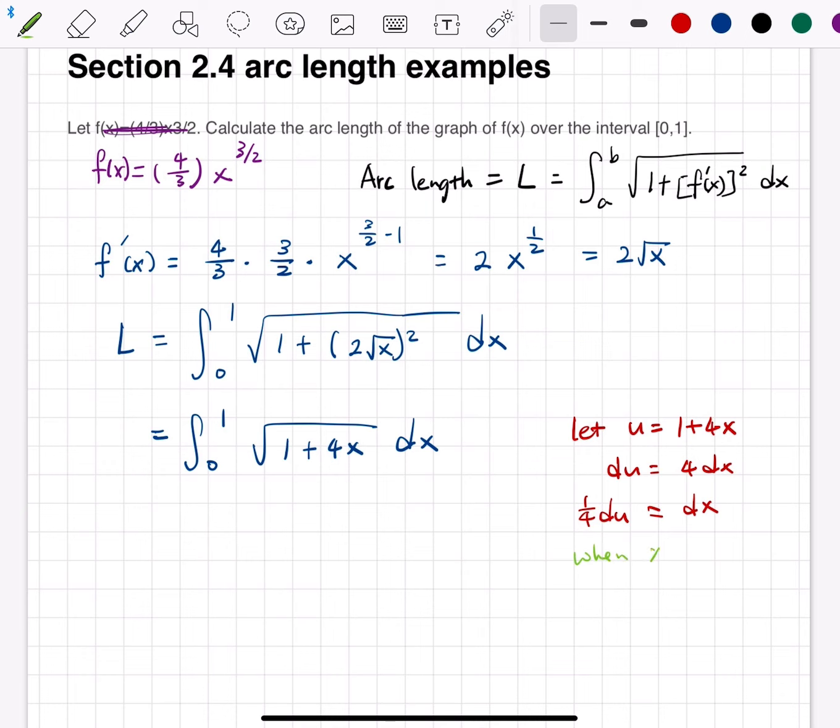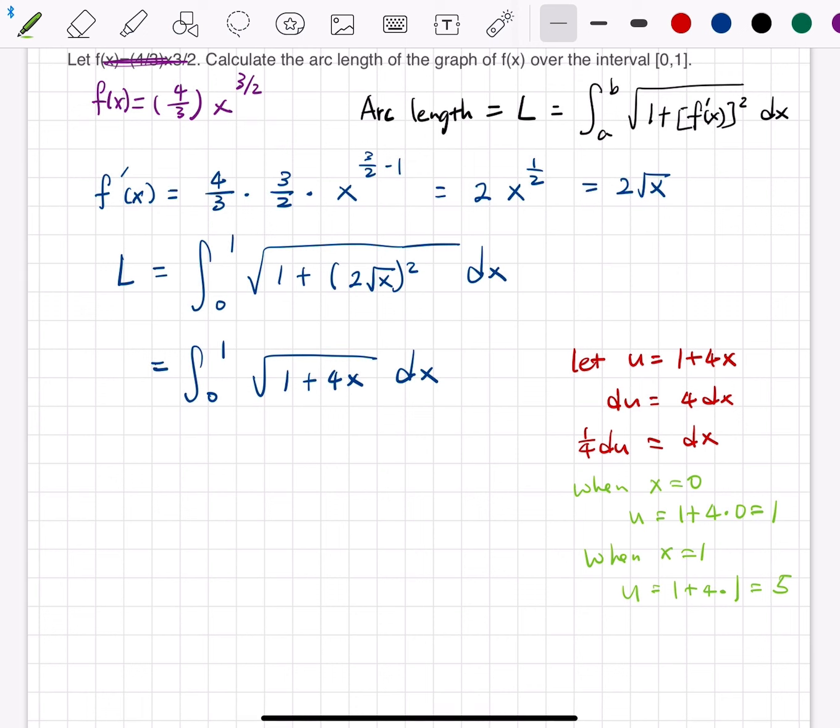When x equals 0, u is going to be 1 plus 4 times 0, which is 1. When x equals 1, u is equal to 1 plus 4 times 1, which is 5. So the problem now becomes the integral from 1 to 5